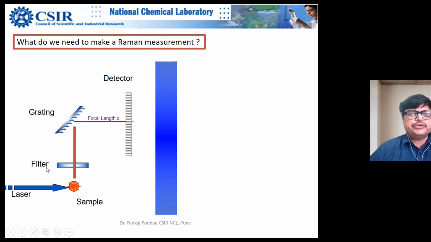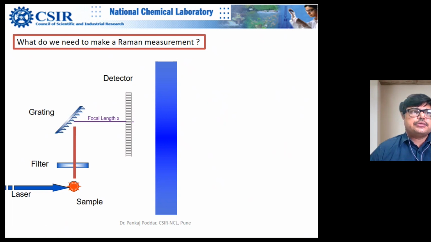So this is actually a Rayleigh filter. If you change the laser line, you have to change the filter type here. There are two kinds of filters, notch filter and edge filter. Whatever your filter may be, the sole function of the filter is to cut the Rayleigh. So after that, once you get rid of the Rayleigh line,